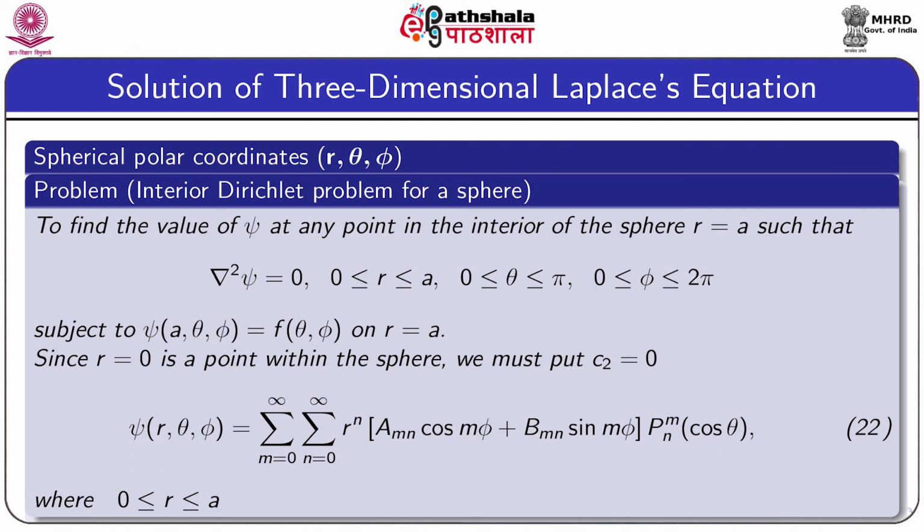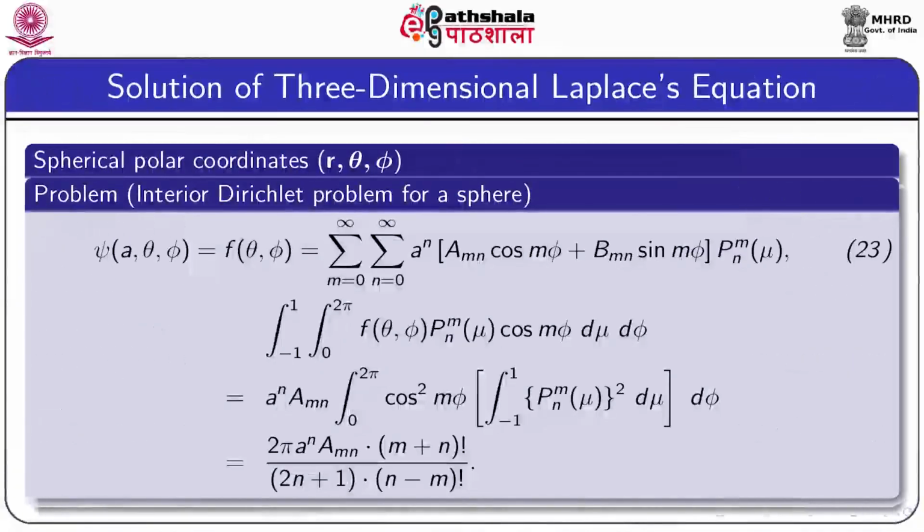So, only the r to the power n term is there, and all other terms are present, which is written in equation number 22. Now, to satisfy the boundary condition, we have to put r equals a and the value of psi is f. So, if you substitute this, if you satisfy this boundary condition, we obtain the relation which is given here. Now, to find the values of Amn and Bmn, you can see that this is a double series of Fourier and Legendre functions. So, to obtain Amn and Bmn,